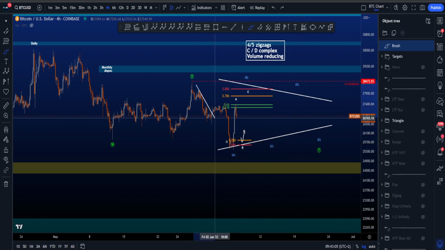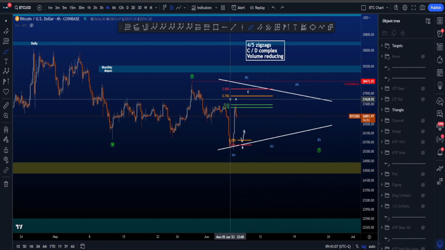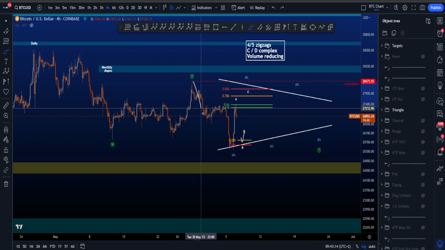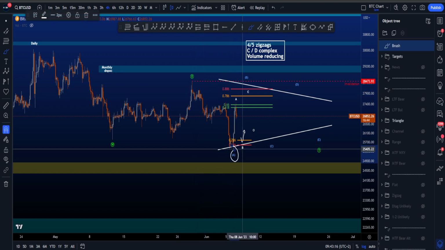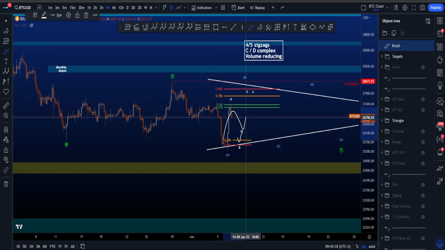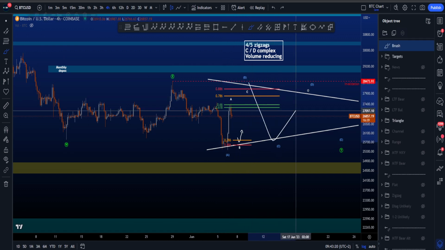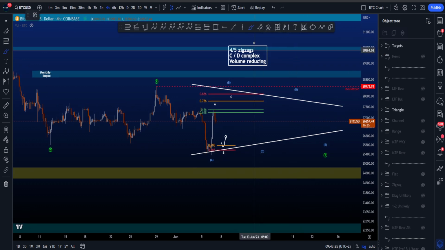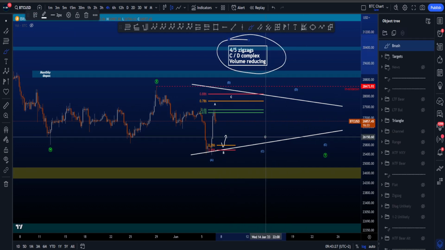Already spoke about the expanding flat, ABC, but I do want to show you this triangle, where in a wave Y, this is then the high in this scenario of a wave X, and then you're looking for a zigzag ABC and then a bigger A. Then you're looking for another three-wave structure in a wave B, and then all three-wave structures in a triangle scenario, where if we look at some of the rules of a triangle, 4 out of the 5 waves have to be zigzags,